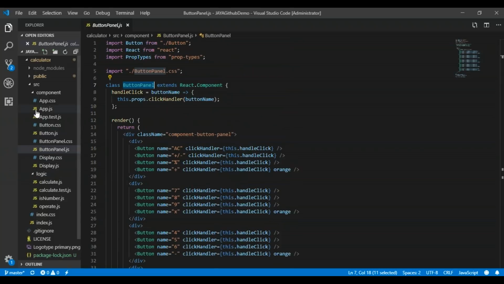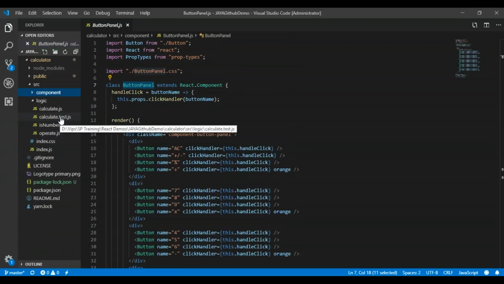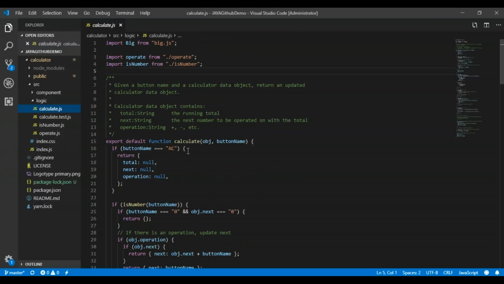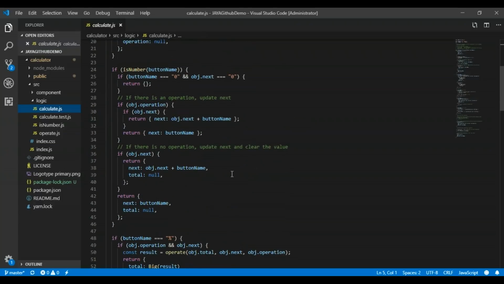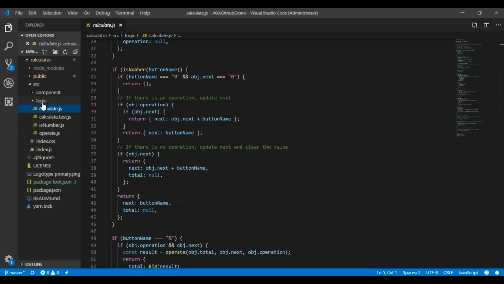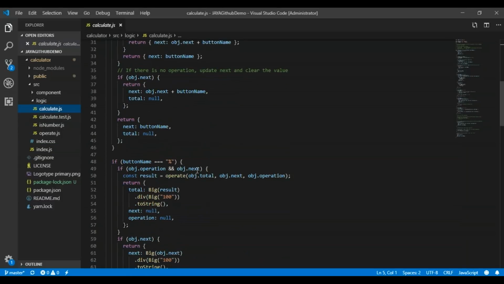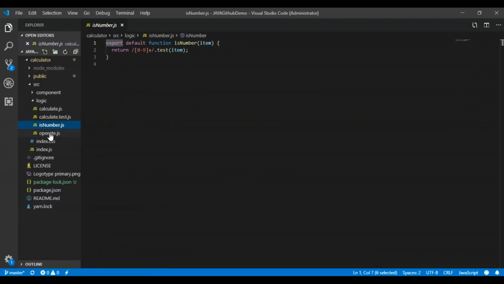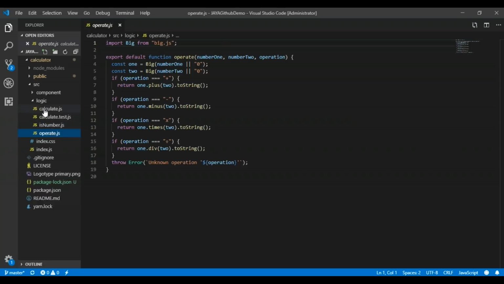But if I talk about the logic, you can say container components, because those were the presentational components. The container components have the complete logic in calculate.js, because we need to perform the mathematical operations when it comes to any calculator kind of thing. That is why the complete logic is divided into another folder in calculate.js, where we are doing the operations for addition, subtraction, multiplication, division, percentage, and all other operations related to calculator functionality. So that's why this has been divided into different components: number.js, operate.js, and calculate.js.